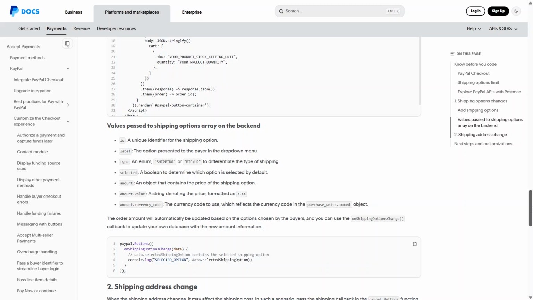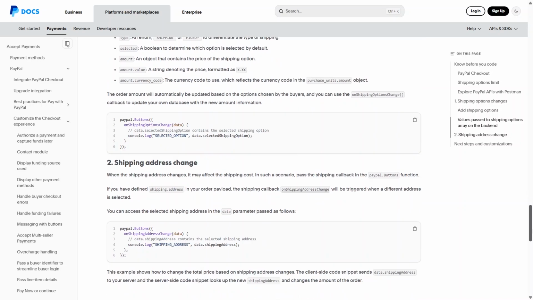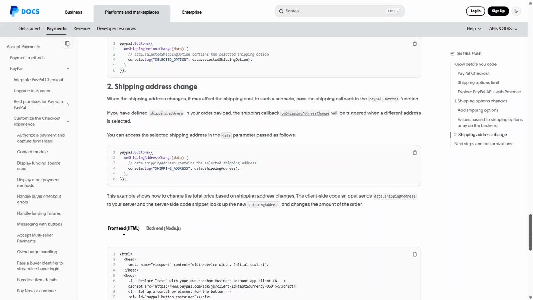After that, PayPal will automatically refresh the available shipping options based on those changes if your account supports dynamic shipping updates. Now perform a test checkout to confirm that your shipping options appear correctly and